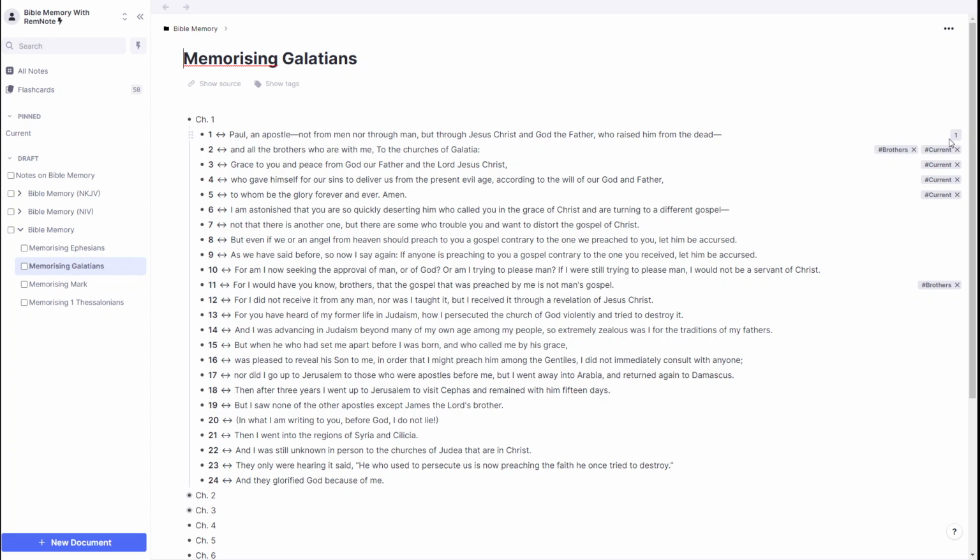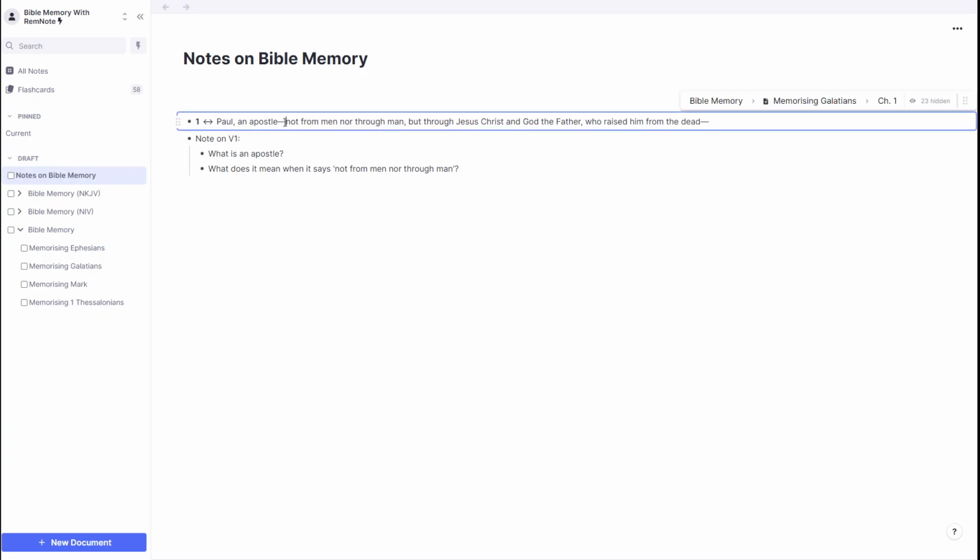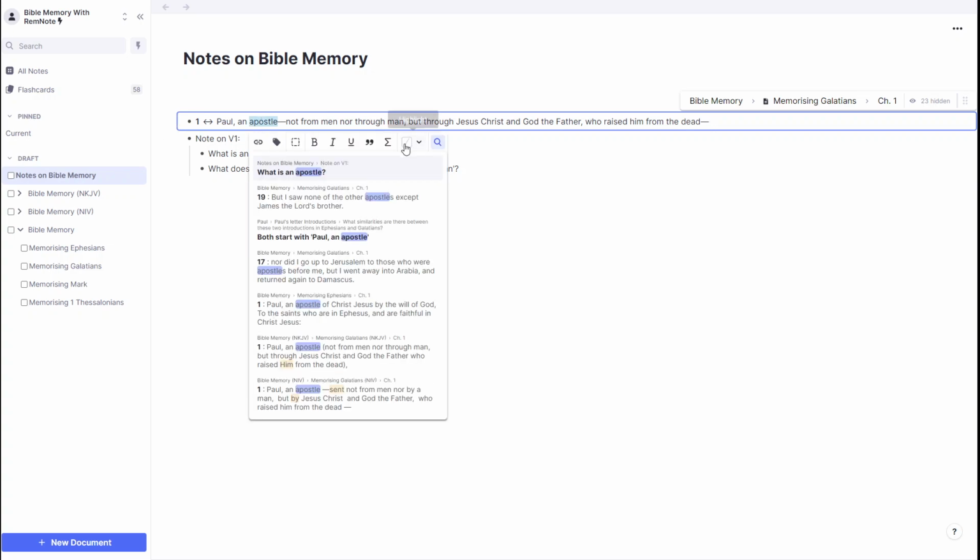This number 1 over here indicates that this verse or this rem has been shown in another place within our knowledge base. If we click on the 1, it'll show us there is a portal to Notes on Bible Memory. And we open it and we can see verse 1. It is very important to say at this point, any notation you make on verse 1 here will appear in the original verse. So if I highlight apostle, let's highlight it yellow,